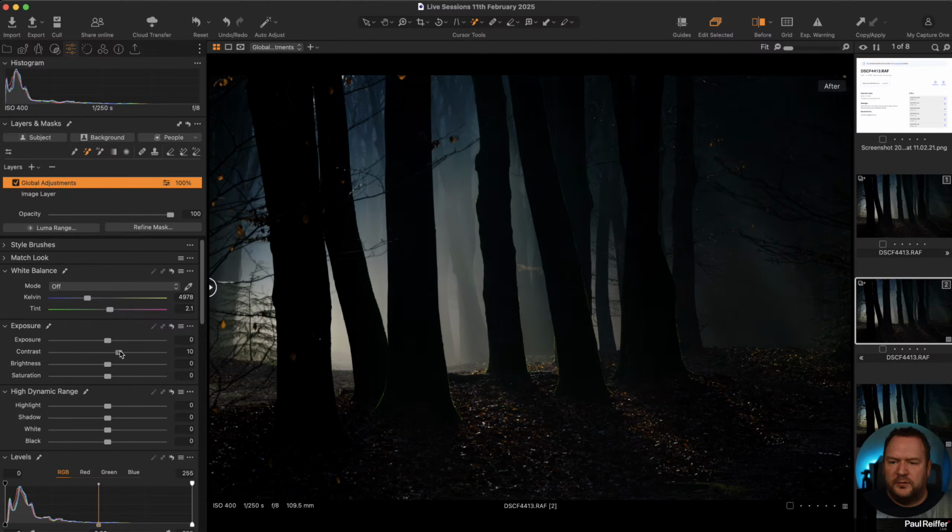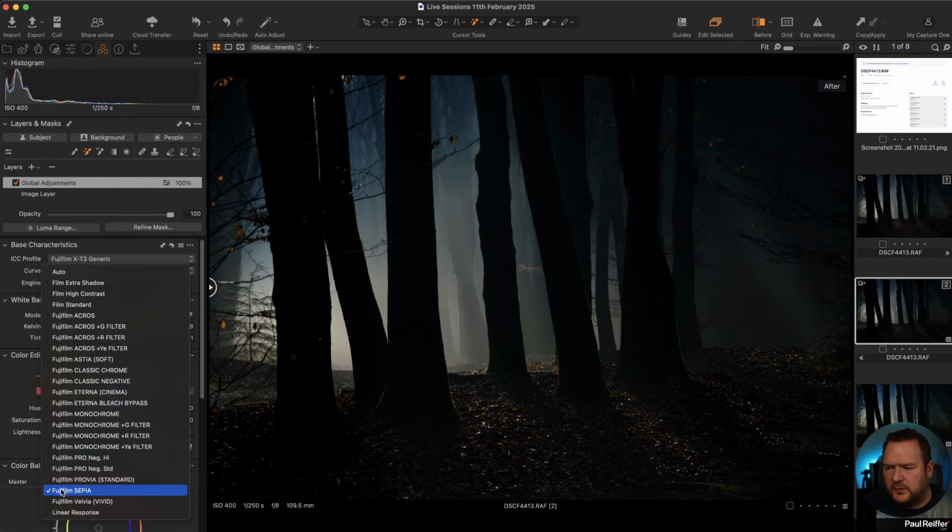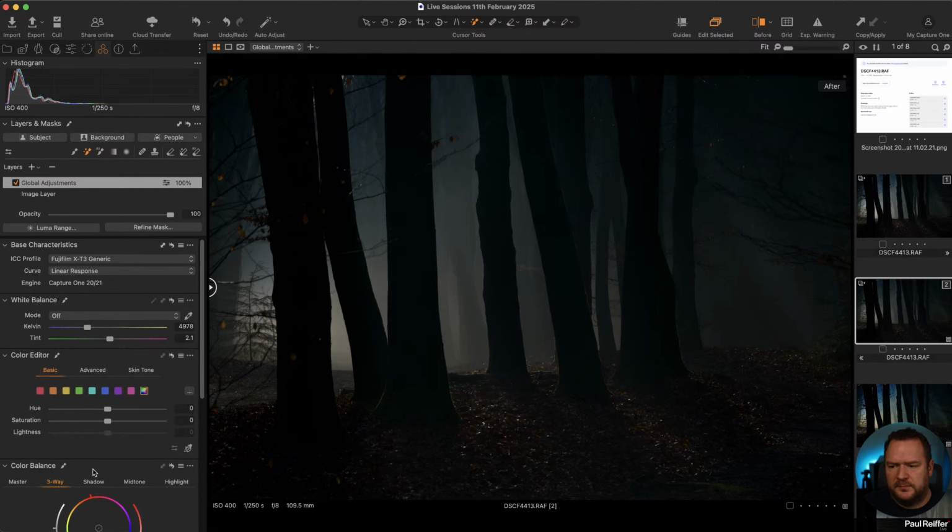Well, first off, let's add some contrast. Now, contrast is going to make the darker bits darker, the lighter bits lighter, but we don't really have any lighter bits. One option we've got is to change our curve from auto to being linear response. Now, there's lots of sessions we've done previously on this, but linear response flattens out the curve of what you're seeing.